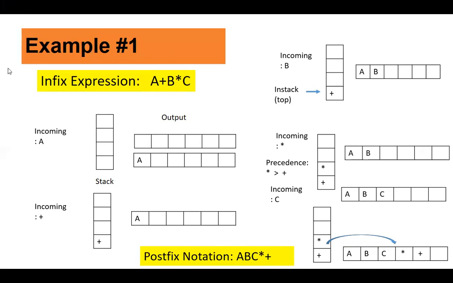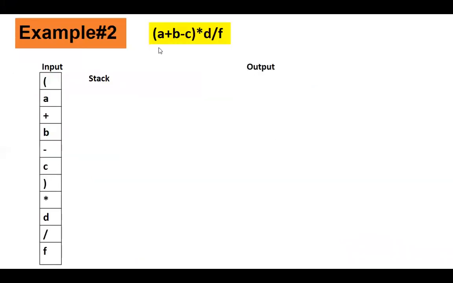Now let us take a little bit bigger example. So here you have A plus B minus C into D divided by F. Now this is my input. I just put it like this to show that one by one we are reading the input, stack and output. To start with, when you have an opening bracket, you directly add it to the stack. And then you read an operand. The operand will be directly added to the output. Then when you read plus, you check the stack and find an opening bracket. Whenever you have an opening bracket on the stack, whatever operator you read, just push it onto the stack.